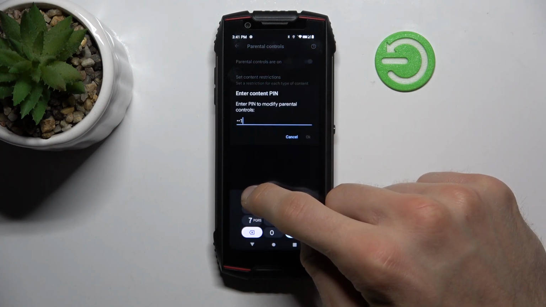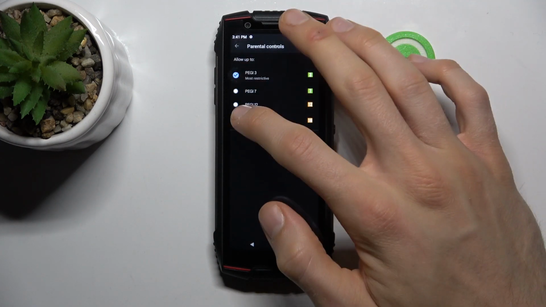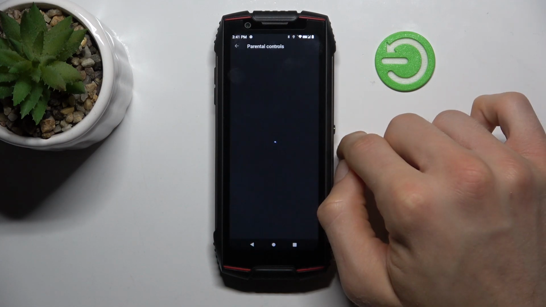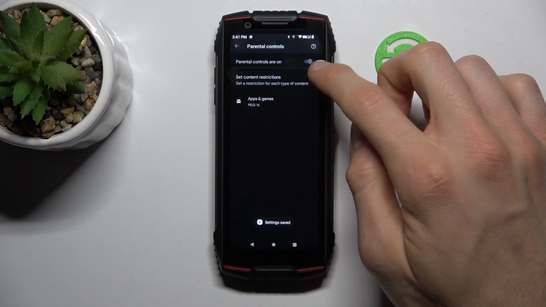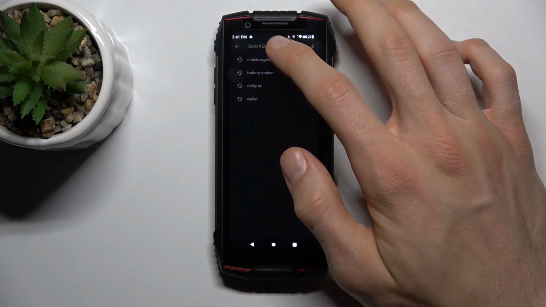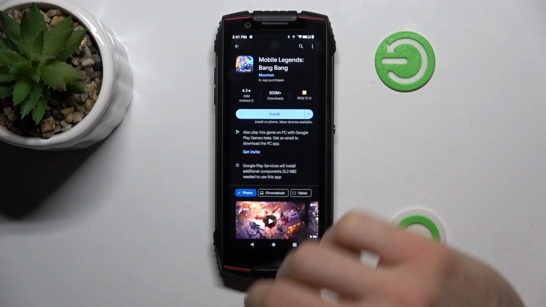Now we must enter the connect pin for our parental control. And we can easily change it by tapping on page 16, then confirm with got it and save. And that's all. We can also turn off our parental control with the switch. And we can go back and try searching for Mobile Legends, which is visible right now, and we can install